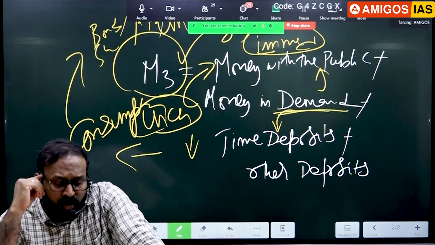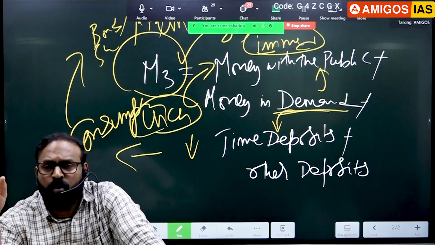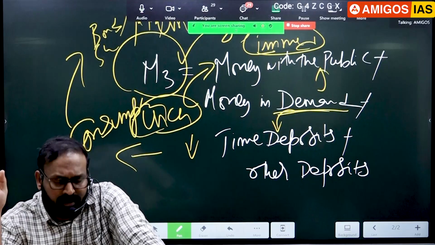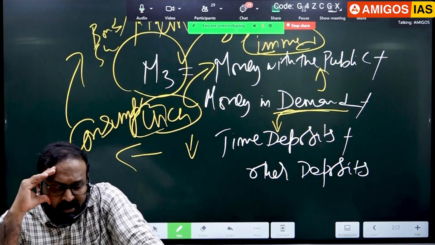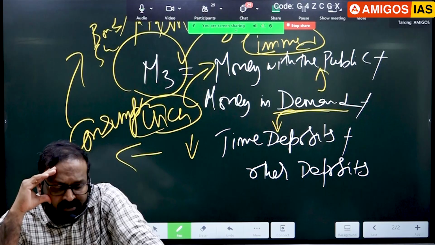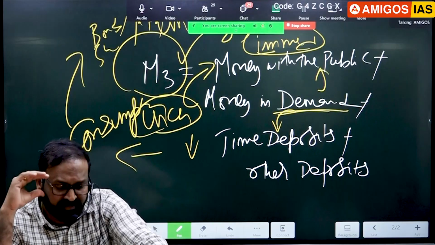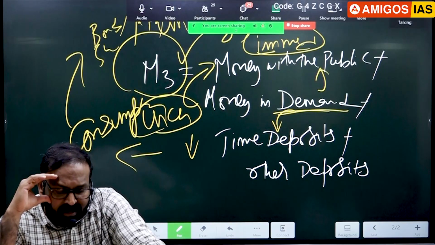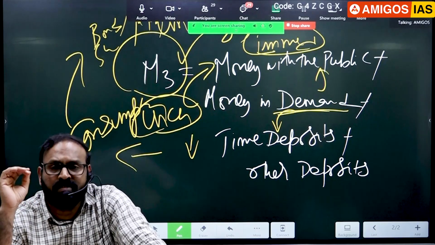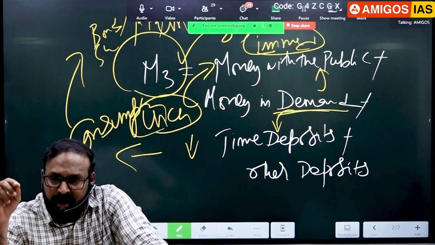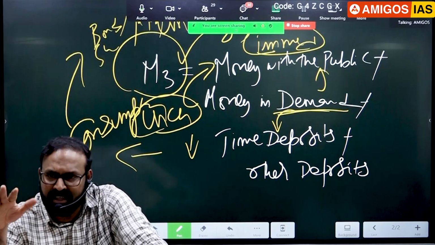Next, core banking solution. Classic example of a static concept. More than 5 times it was asked in the last 13 years. First statement: it is a networking of a bank's branches which enables customers to operate their accounts from any branch of the bank on its network regardless of where they open their accounts. Absolutely right statement. One of the fundamental reasons why core banking solutions have gained prominence in news is because of